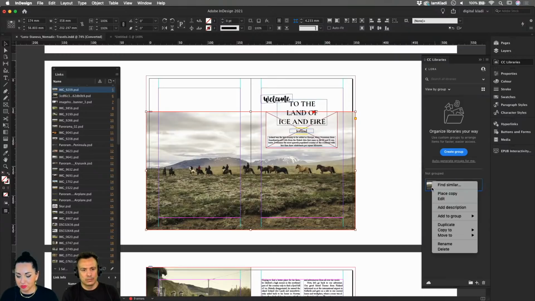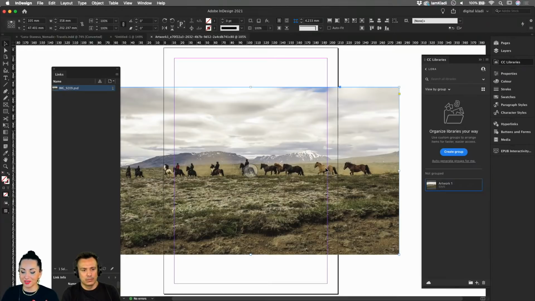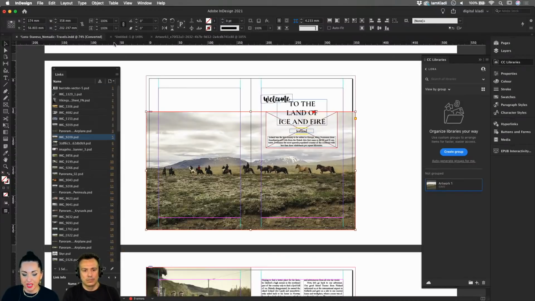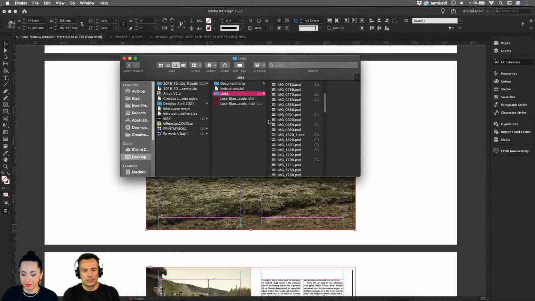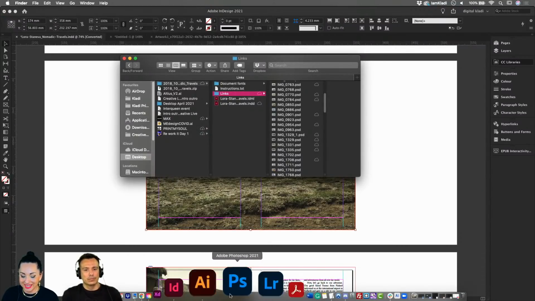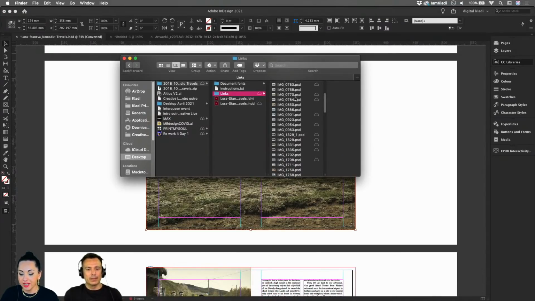And then what I will do is right click on it and select edit to see what happens with the image. At the moment, because it's imported by InDesign, it opens within an InDesign file, and we can see that because the little file format is IDMS, so it's basically an InDesign file. The best way to have your files available and keep them editable is to have them inside your library, and of course from your flattened image.